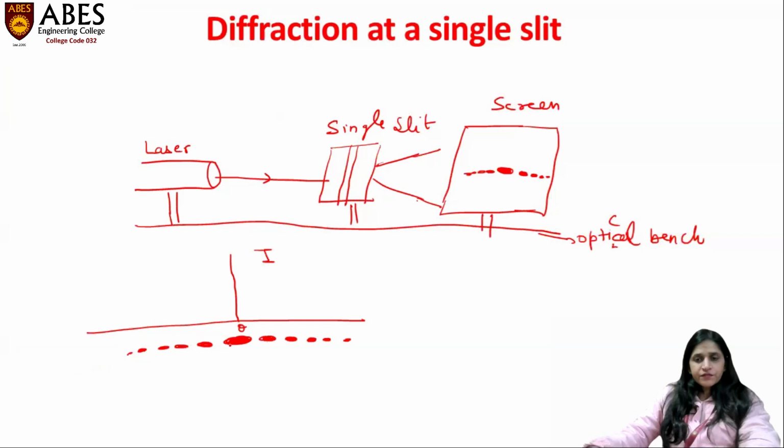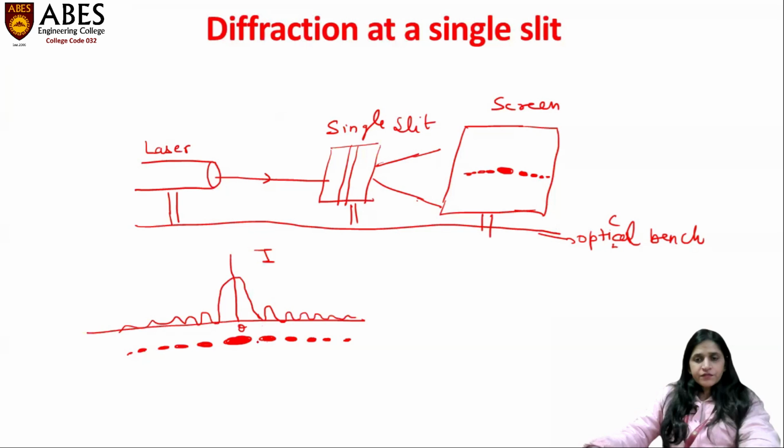This is the central intensity, so I can draw this intensity. This is very high. Then we get a minima in between two maximas, so it is shown by the dip. Then this maxima is shown. Then this minima is shown by the dip. Again, the maxima is shown, and the intensity keeps on decreasing. So this is nothing but the graph that you have studied from the diffraction.